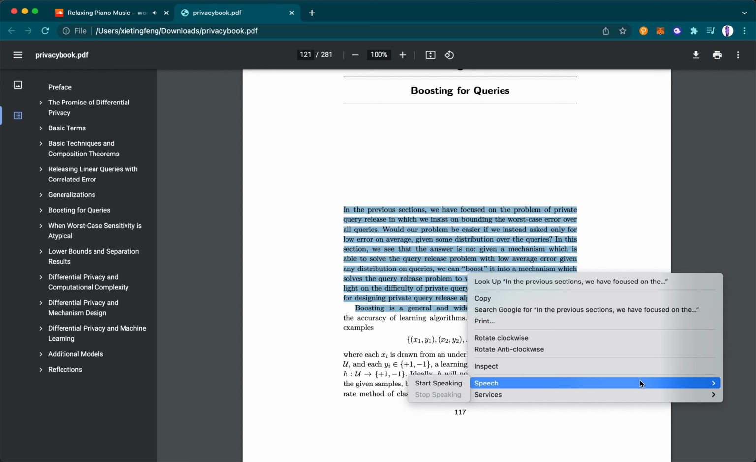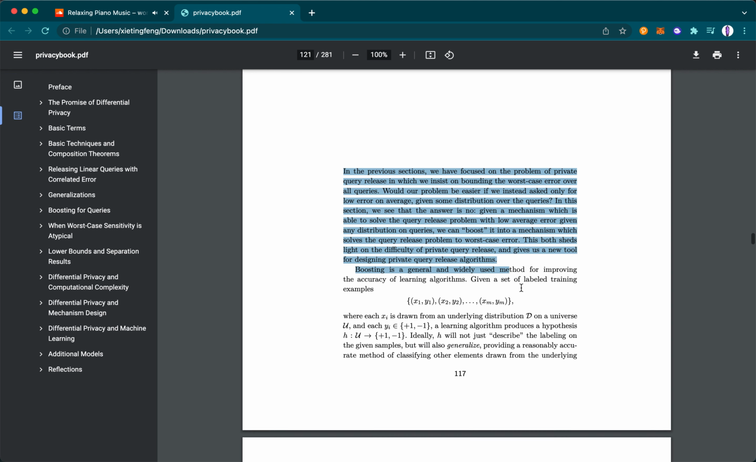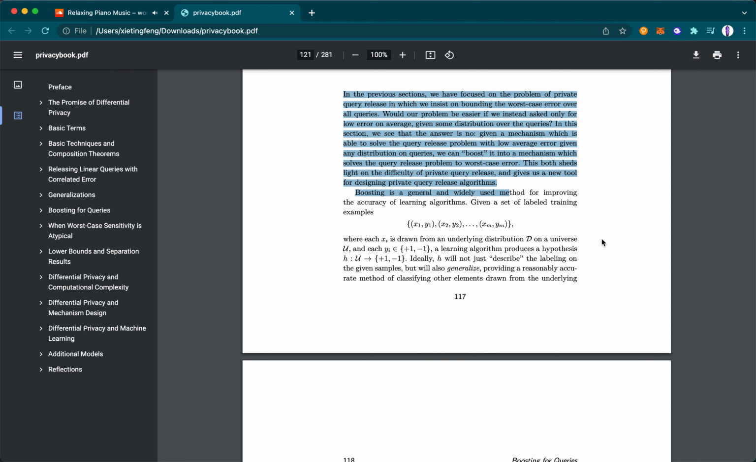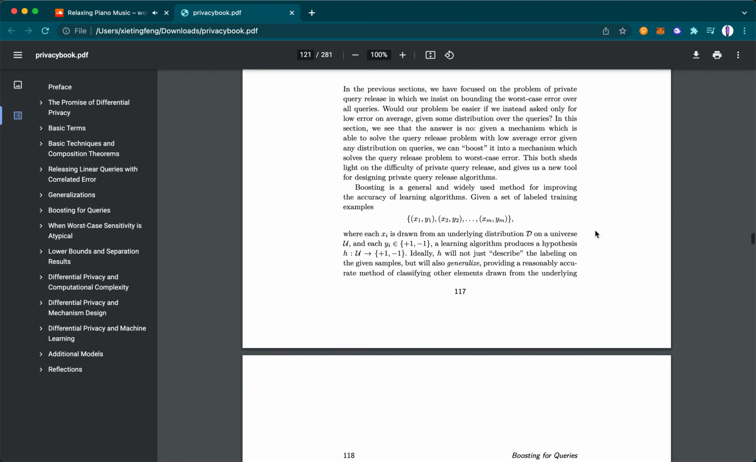In the previous sections, we have focused on the problem of private query release, in which we insist on bounding the worst-case error over all queries. Would our problem be easier if we instead asked only for low error on average, given some distribution over the queries? In this section, we see that the answer is no. Given a mechanism which is able to solve the query release problem with low average error given any distribution on queries, we can boost it into a mechanism which solves the query release problem to worst-case error. This both sheds light on the difficulty of private query release, and gives us a new tool for designing private query release algorithms. Boosting is a general and widely used